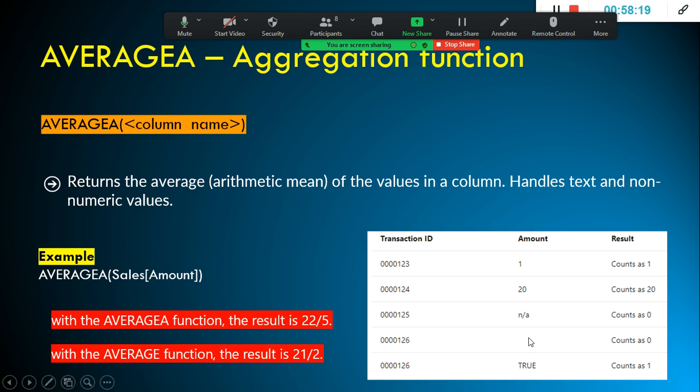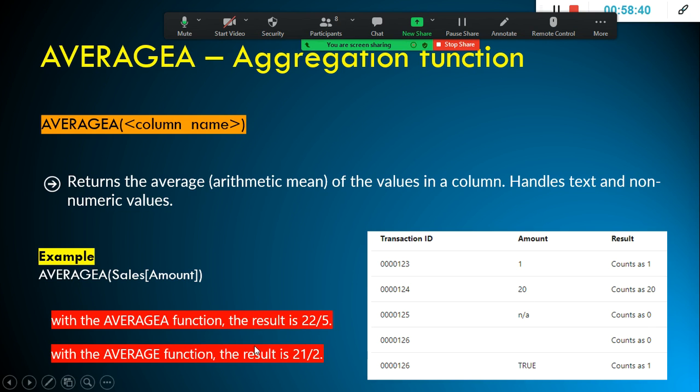So this is 0, this is 0, and it is not a blank according to AVERAGEA, and this is 1. And the rest of them, you have a value here. So in the denominator all these values, 5, right? So all the number of records 5, numerator 20 plus 1 plus 1, is 22.